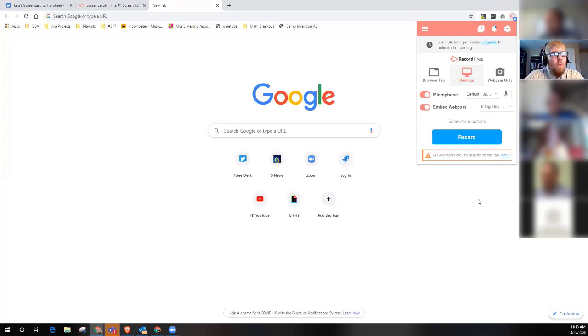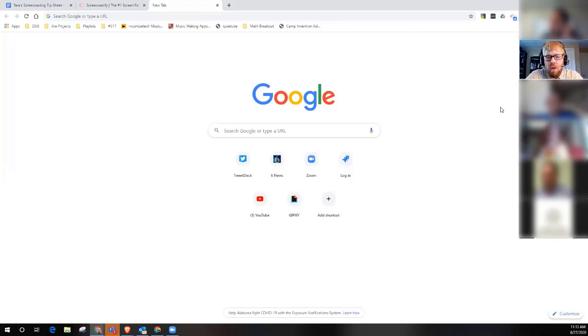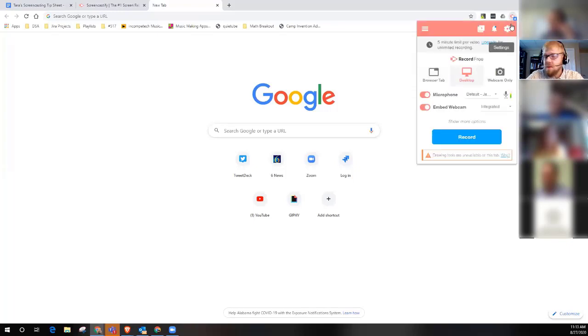When you're ready to record that, I want to show you what that looks like, and then I want to show you kind of how it works in the video, and then I want to show you where the video goes. So when you're ready to record, you'll click this. You've got the option to record anything that can be on your computer screen. As we explored with a couple of teachers at the high school, if you can get your doc cam onto your computer screen, you can record that. Anything that you can get on it will record what's on your screen. So that's any web browser, that's OneNote, that's Google Docs, that's if you want to talk kids through the Google Classroom page, you could do that.